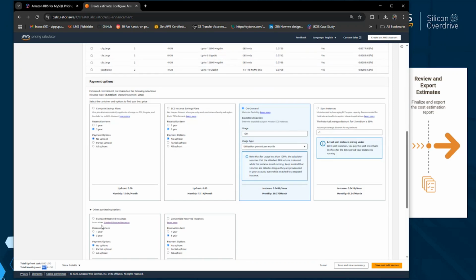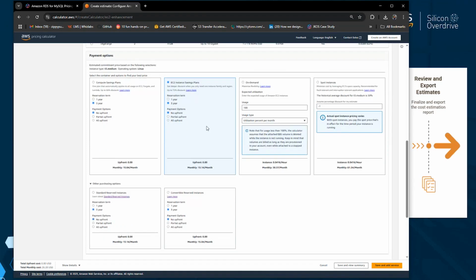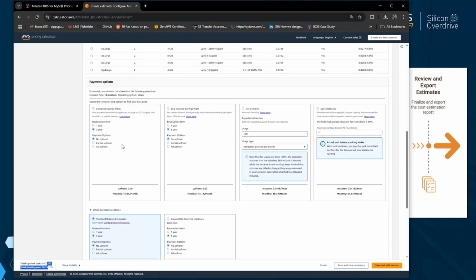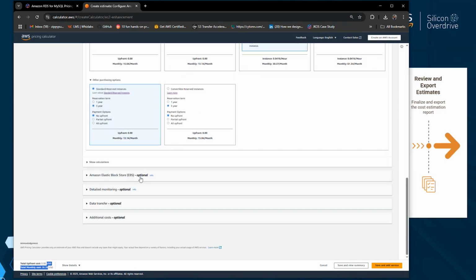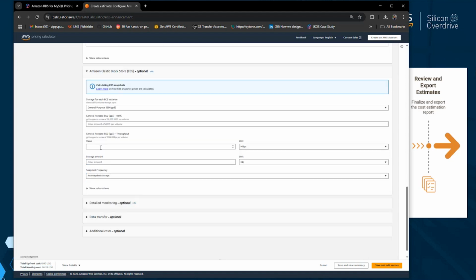So what happens if I utilize the EC2 savings plan, what is my resulting cost? That brings me down to $26. What if I reserve that for 3 years? Then that gives me about $26. So you can compare the different pricing models to identify upfront which is the most optimal for the service you want to launch.